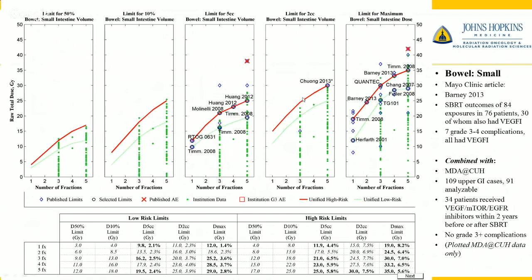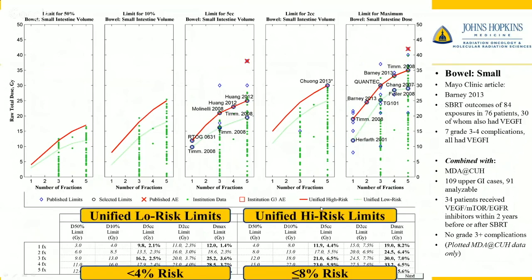One thing I need to point out about this small bowel, and it's mentioned here in the slides, is the biological agents, the VEGF, vascular endothelial growth inhibitor, which may be a factor. But the MD Anderson and Cooper data also had similar VEGF, mTOR, and EGFR inhibitor usage, and they did not have any grade 3 or higher complications. So it's something to really be careful about. There are a lot of publications about this. Probably without this, we wouldn't have had this data. We wouldn't have an estimate of risk.